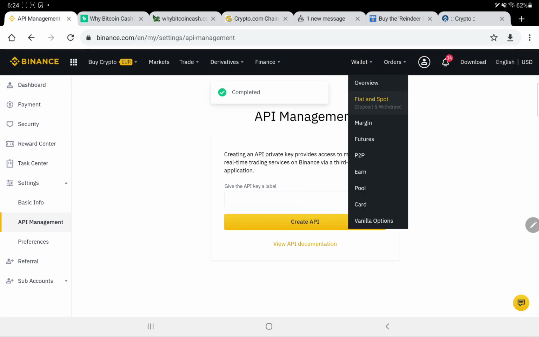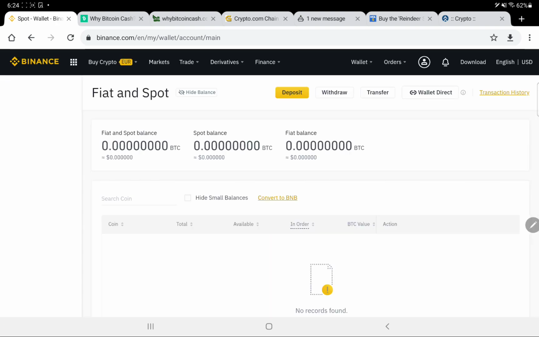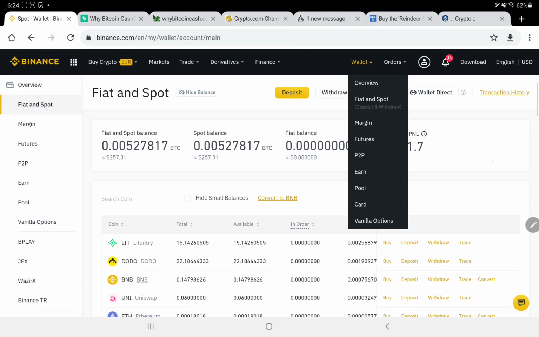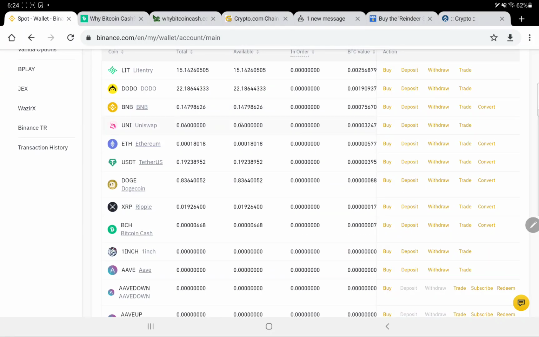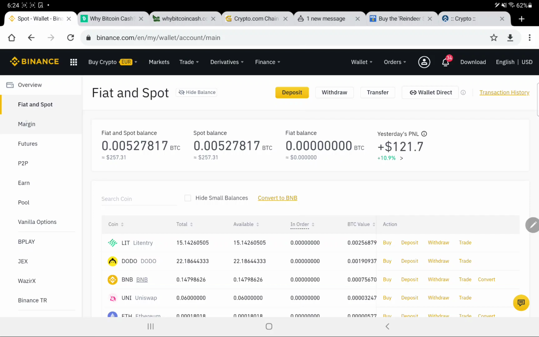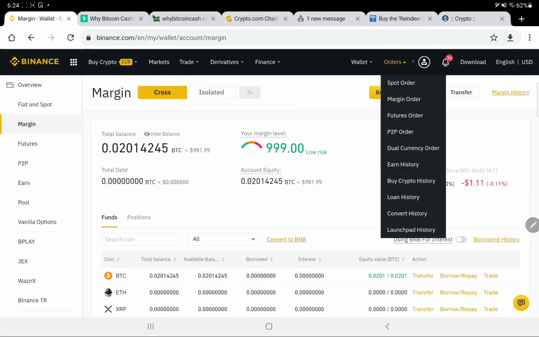And again, very easy, we are showing how to transfer the funds. Like, again I am transferring back to my wallet, because in margin I am not able to withdraw. See, currently there are no funds available for the BTC, so I have to go to the margin. Then you can see the fund is available, around 0.02 BTC.